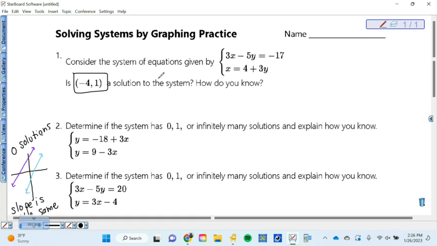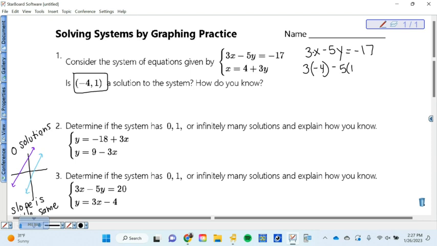So let's start with this first equation. I'm going to plug in -4 for x, and I'm going to plug in 1 for y. We start by just rewriting the equation. 3x minus 5y equals -17. But I'm going to plug in -4 where the x is and 1 where the y is. And what does 3x really mean? 3 times x. So that means that I'm going to plug in -4, and that becomes 3 times -4 minus